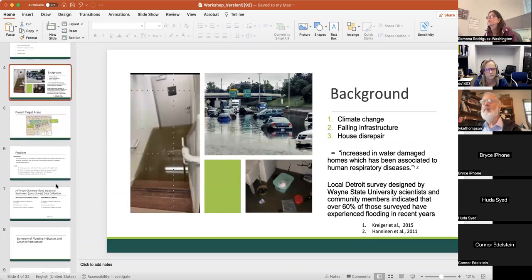Background. We're getting a lot more flooding in the Detroit metropolitan area and southeastern Michigan in general, and to some extent in Michigan. This is really a result first of climate change. What is happening with climate change is that temperatures are going up, and as temperatures go up, the air can contain more moisture, more water vapor. So there's more water in the air more of the time, and when big storms come through, there's more water that comes out of those clouds,